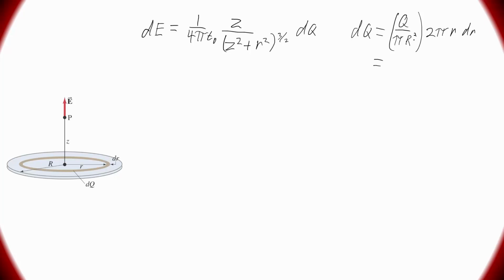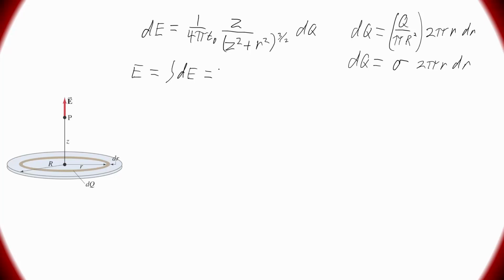And we're going to go ahead and write this Q over pi R squared thing as sigma. So we use lambda for charge per unit length, and we use sigma for charge per unit area. And then we've got 2 pi r dr. So this is our dq here. So to find the total electric field, once again, we sum up all of this,